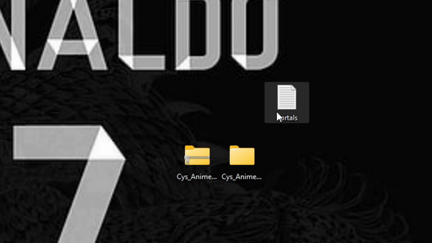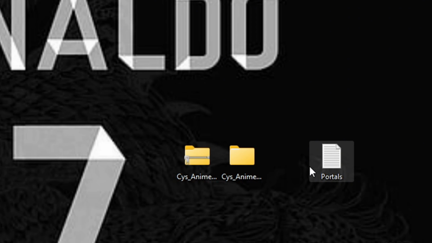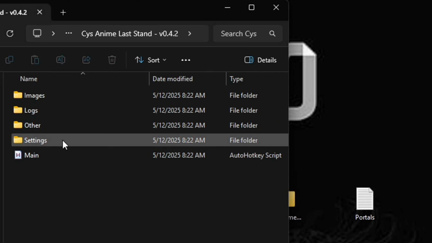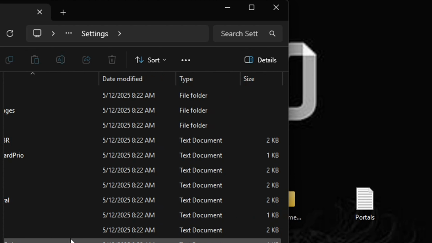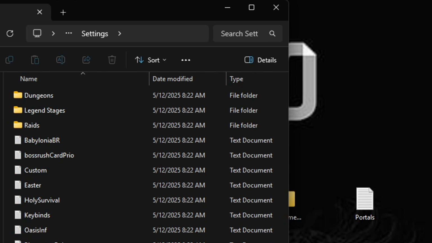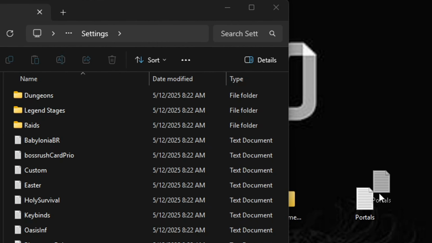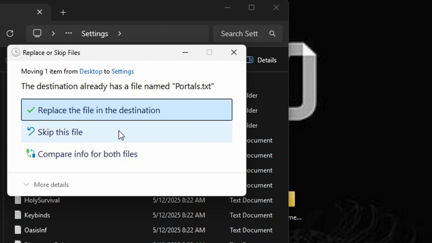So once you download the text file, it should say portals right here. Go to the Sys folder, double click it. And then in the settings tab, we have all the TXT files, right? So you want to drag the text file you just installed into this folder, and then it should ask you to replace the portals file that was already in there. You want to hit replace,